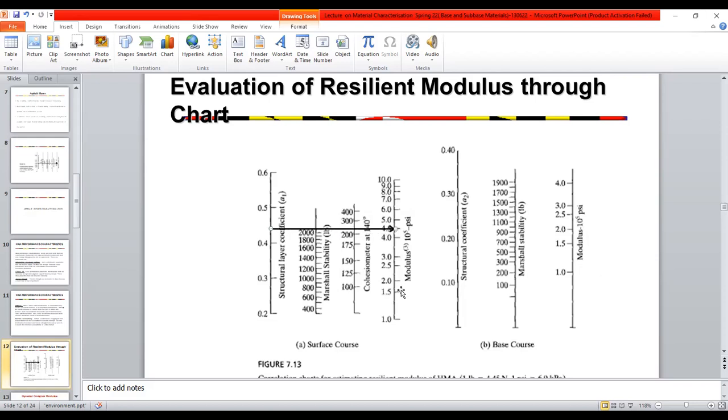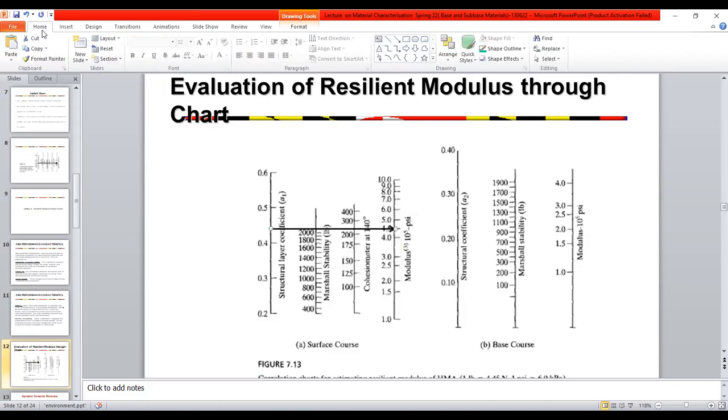Similarly, for the base course, if you use a Marshall stability of around again 1000, we can have this layer coefficient of 0.35 and the modulus is around 400,000 psi.